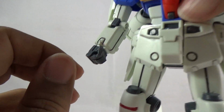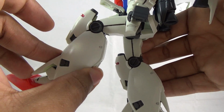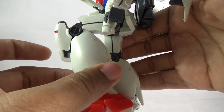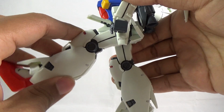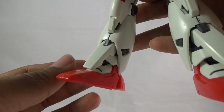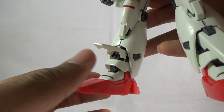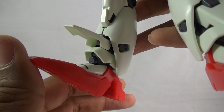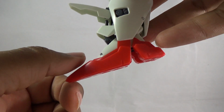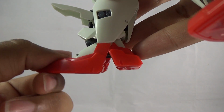You would think since there's inner frame in the legs, you'd get some decent articulation, but no. You can't even get a double jointed knee bend, even though there are double joints in this knee. Just like in the chest, there's not really a lot of good articulation as well, and that's not even because of the core fighter. Articulation for the GP01, I feel, was serviceable enough